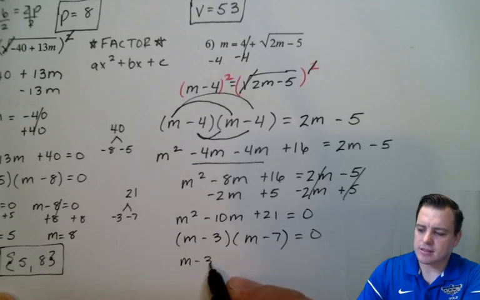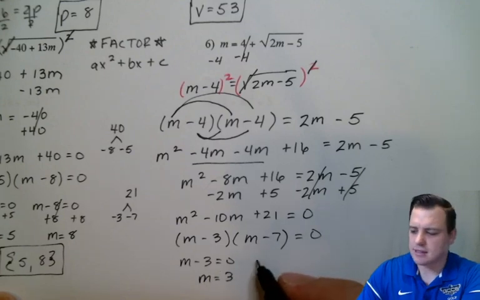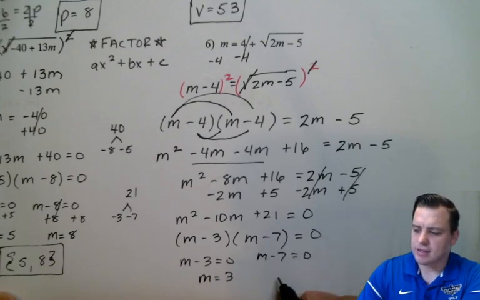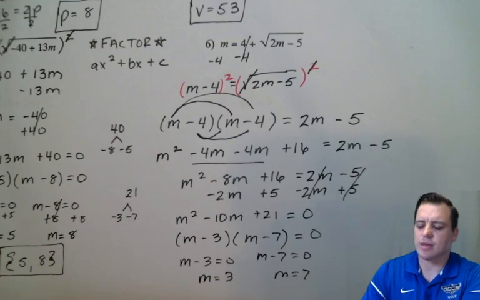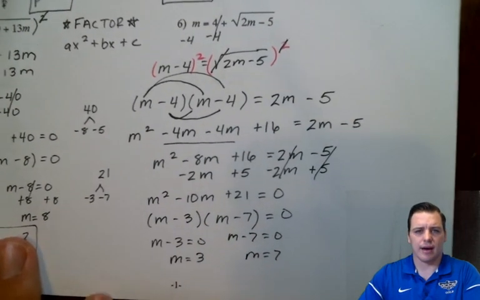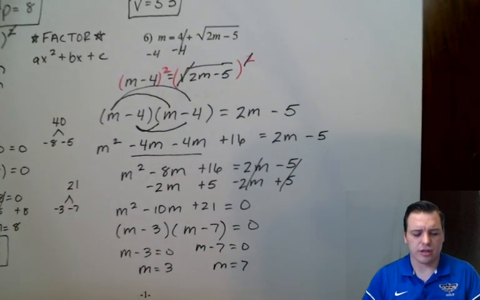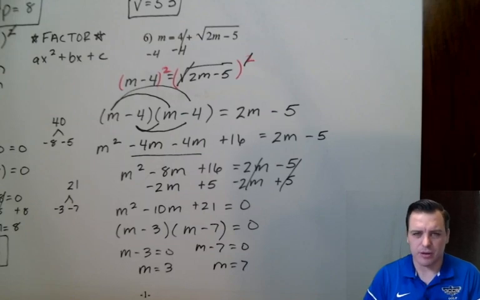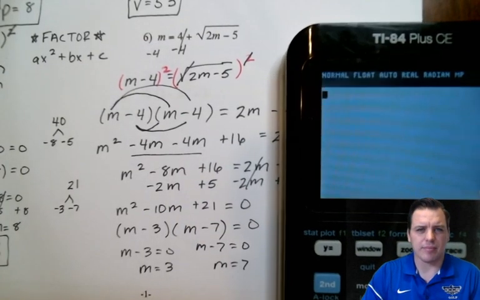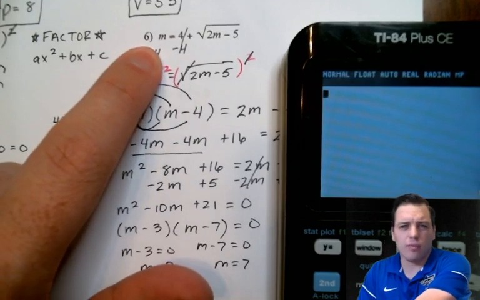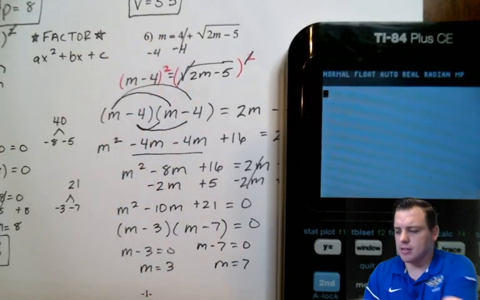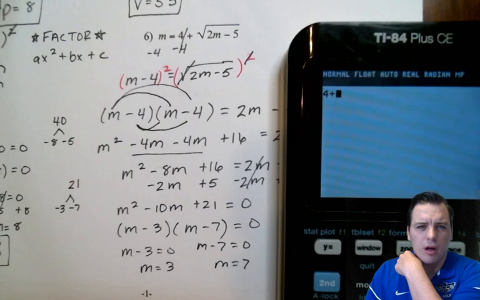So M minus 3 equals 0 would be M equals 3 when I add 3 to both sides. And M minus 7 equals 0 when I add 7 to both sides would be M equals 7. Now, I need to check for extraneous solutions, so I'm going to come back up here. I know my answer is just an M on this side, so I'm going to type that right side out. 4 plus